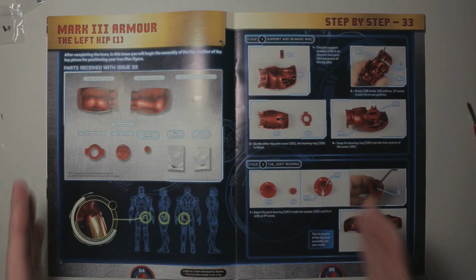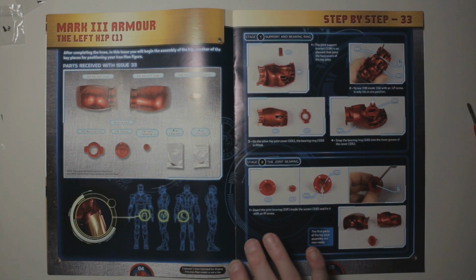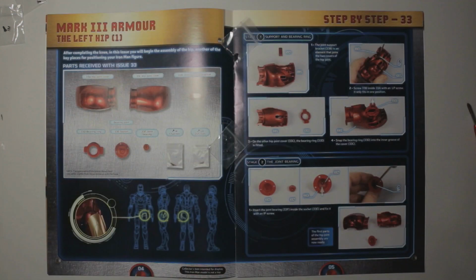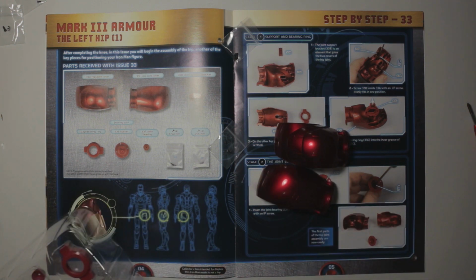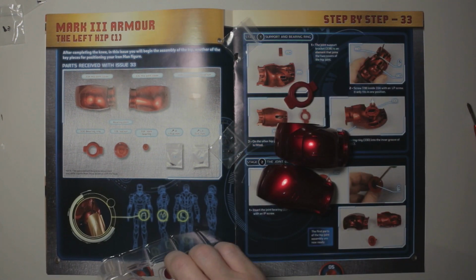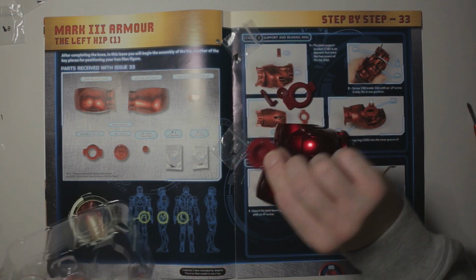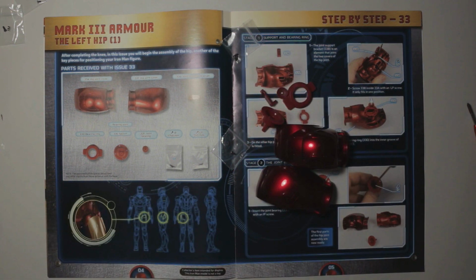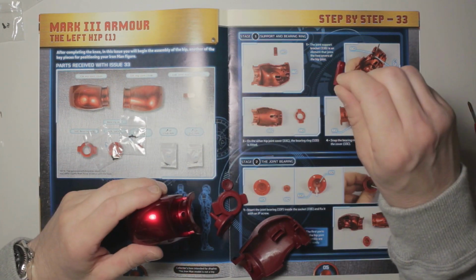On to 33. Magazine number 33. It's hip to be a hip joint, apparently. And we have a couple of packets of screws. We have hip joint 1, hip joint 2, front, back, whatever, not sure. And we have a plastic bit, a plastic bit, a plastic bit, and another plastic bit, which I'll just tip out. That looks like it's going to be part of a ball and socket kind of thing. And I'm just going to turn the brightness up on the camera because this looks a little bit dark on the monitor. So we've got 33A and 33B,